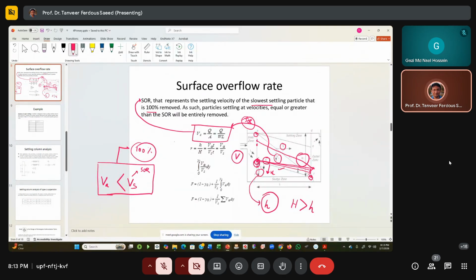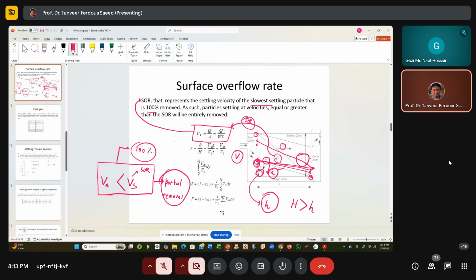So what is happening here? Partial removal is occurring, not 100% removal. Partial removal is occurring due to two reasons. Number one, lower depth, and number two, the velocity is lower than S1. So partial removal will occur. Now, what is that partial percentage? Let's see. Again, we